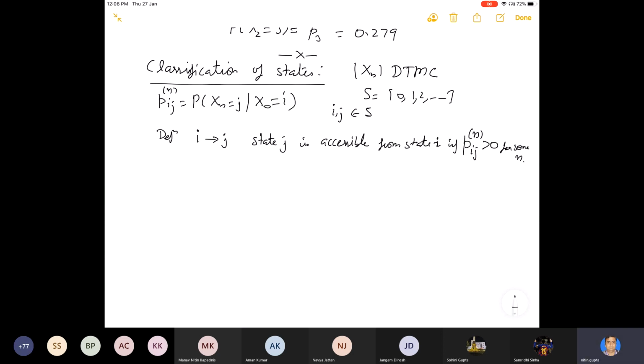This is the ijth element of the n-step TPM. So for some n, it happens. If this happens,